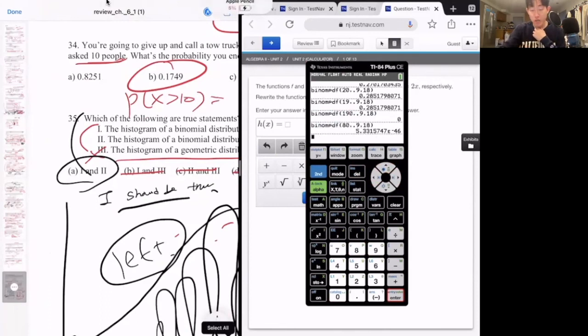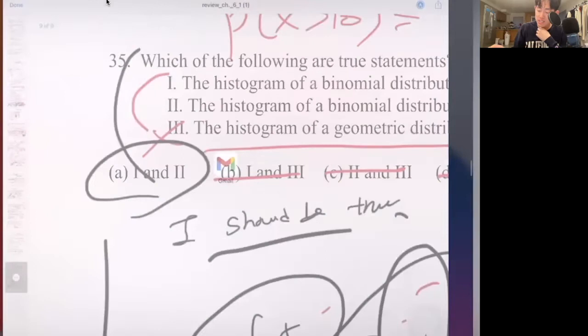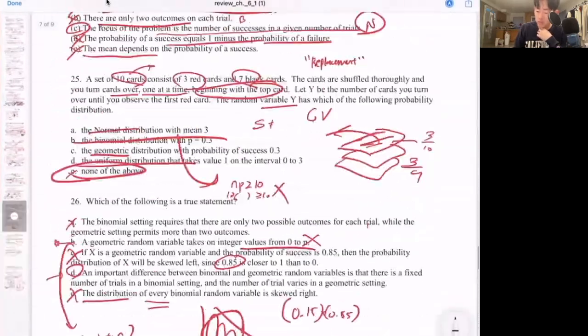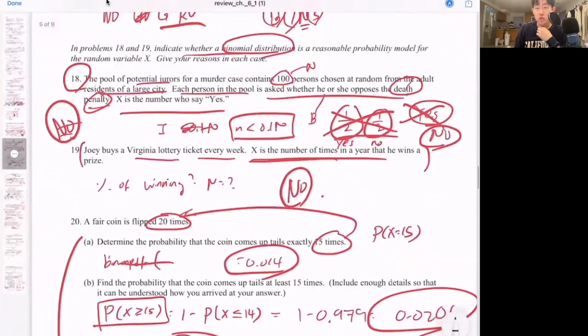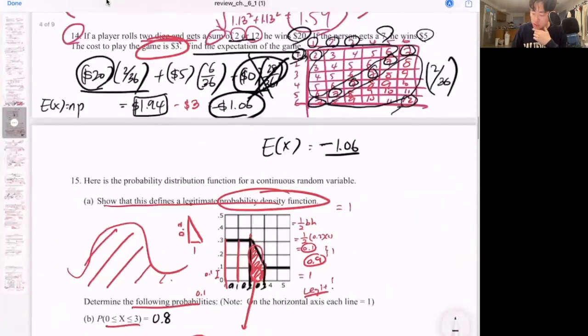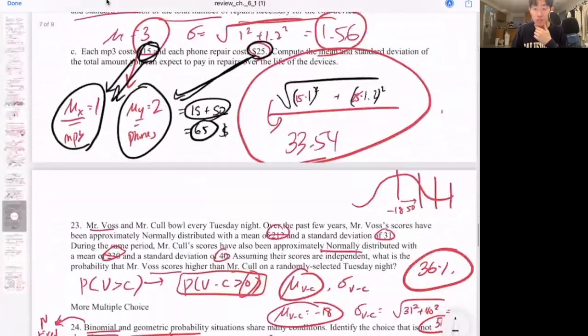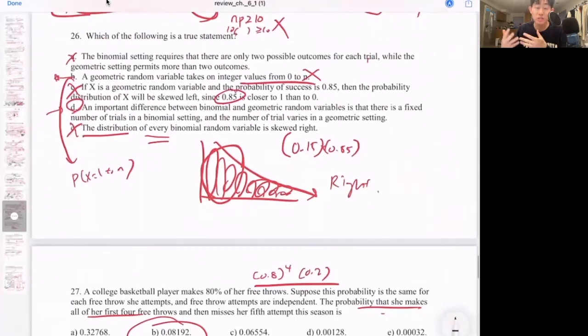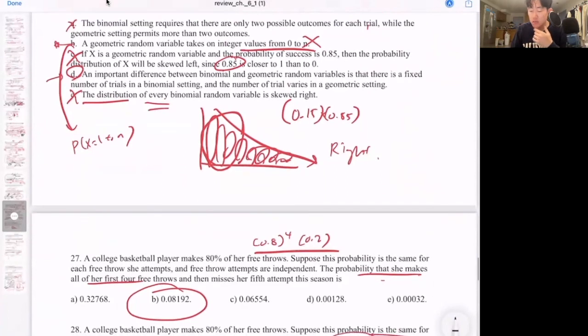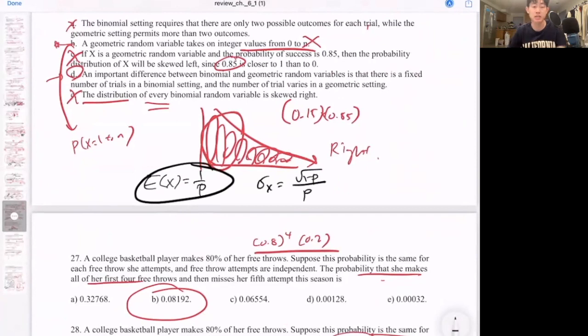Okay, so there are some iffy questions here, I have to admit, but from what I see, most of these should be fine. I mean, just use your calculator for most of these questions, and I think you should be okay. The rest of them, with the geometric variable setting, I think that was the one that we didn't really practice a lot. And even if I give you that, just remember the formula for those. The expected value of that is always 1 over p. And for the standard deviation, please refer back to your notes. Standard deviation should be the square root of 1 minus p over p squared, like this. These are for your geometric variables. And remember, the main difference is that the number of trials is not fixed.